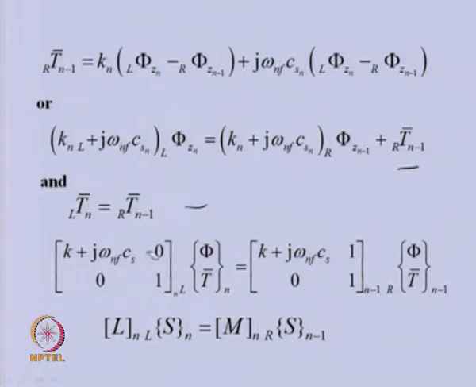So, you can see that if we expand the first equation, we will get this one, and the second equation, we will get this one. And you can see that this particular matrix, which is a complex matrix, I am representing as L for the nth shaft, and this is the state vector left of n. And this matrix I am calling as M for the nth shaft, and this is the state vector right of n minus 1